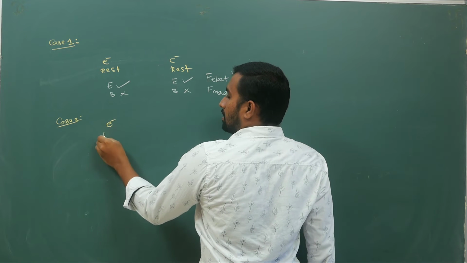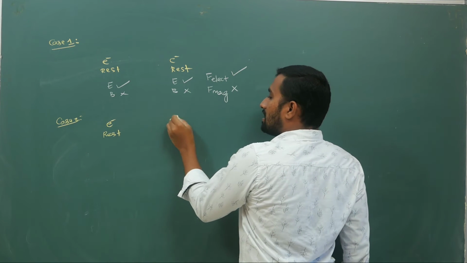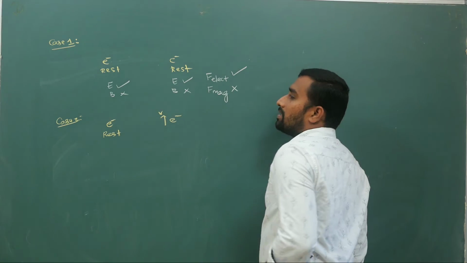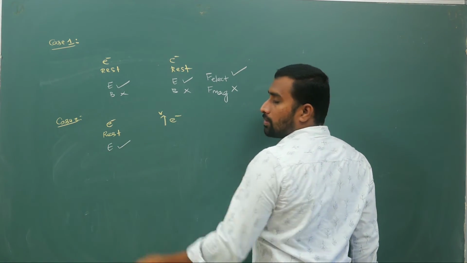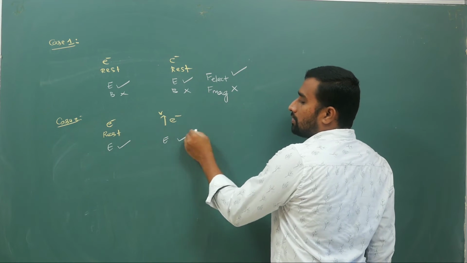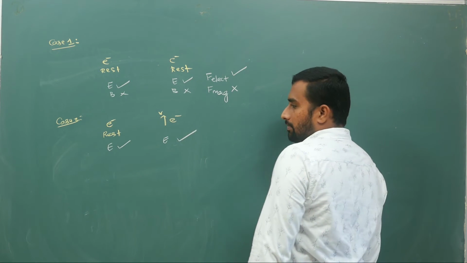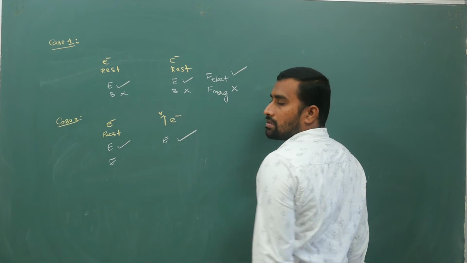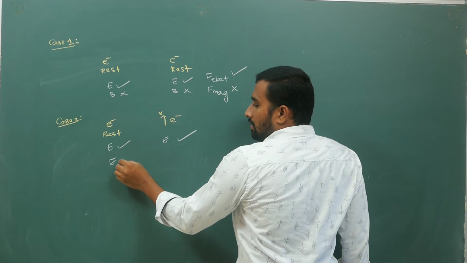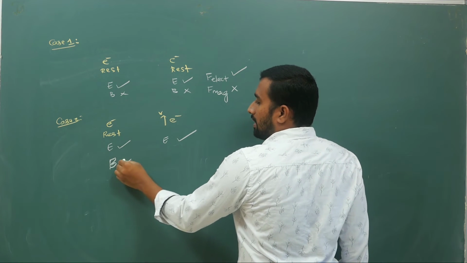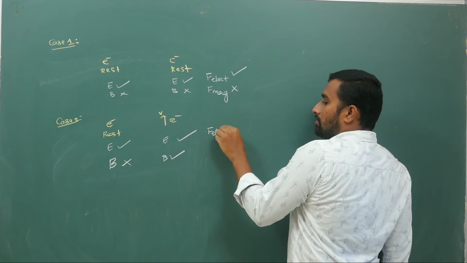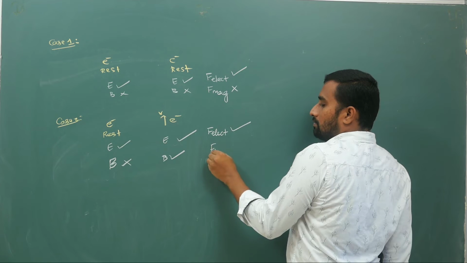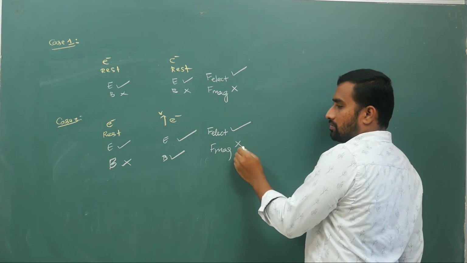Next, case 2: let us say one electron is at rest and another electron is moving with some velocity v like this. This one is producing an electric field, and this will produce an electric field. This one is not producing a magnetic field, this one is producing a magnetic field. So here you have electric force between them, but you don't have magnetic force.